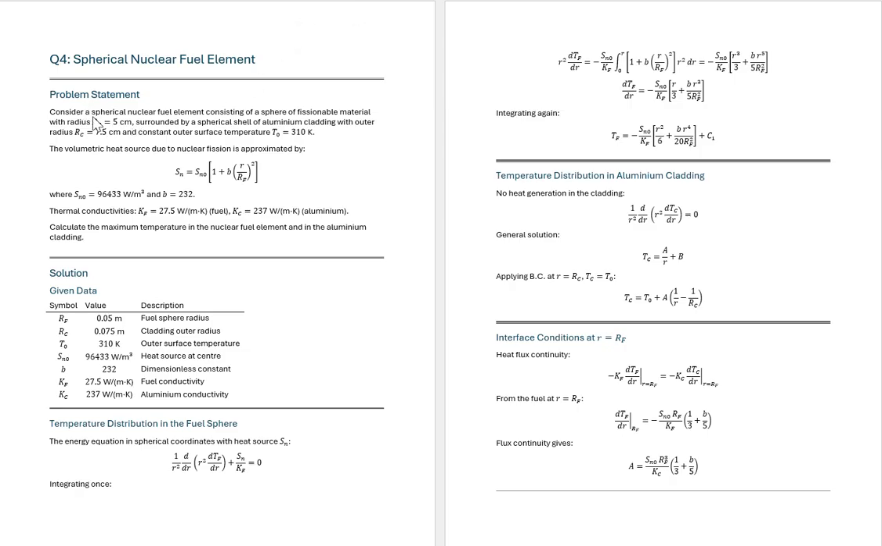Coming to the next, fourth question. Consider a spherical nuclear fuel element consisting of a sphere of fissionable material with radius RF equal to 5 cm, surrounded by a spherical shell of aluminium cladding with outer radius equal to 7.5 cm and a constant outer surface temperature equal to 310 Kelvin. The volumetric heat source due to nuclear fission is approximated by this equation, where the given values are this, and all the given data is listed here. Applying the temperature distribution in the fuel sphere and integrating,